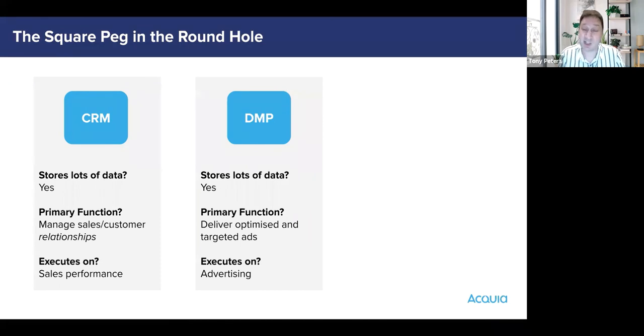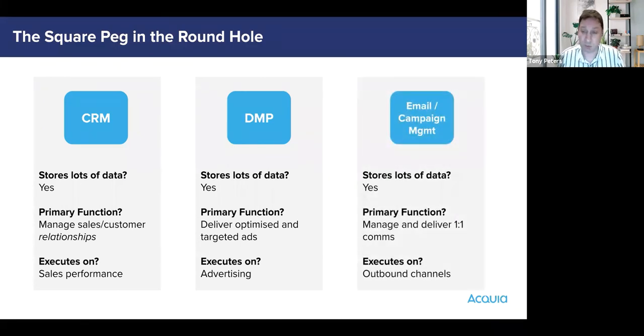And it tends to be very digital orientated. So trying to get the DMP to do more and become a CDP, you can start off with that intent, but it gets very difficult very quickly, especially when you're trying to do it for online and offline as well. And the last one we see as that data repository that tries to do CDP tends to be the email and campaign management tools. Again, they store lots of data, lots of that PII, lots of that data about the individual,